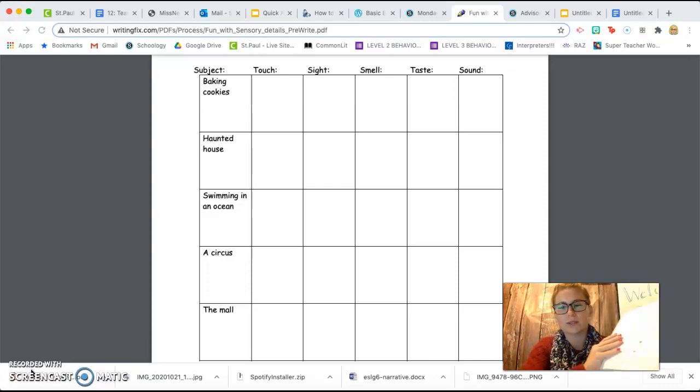When you write your personal narrative, you will have sensory details. But before you can write your own story, we're going to do some practice with sensory details, and we're going to write a practice paragraph together using some of the subjects here on this worksheet. So while we are talking today, I want you to make sure you are writing down the ideas that I mentioned. The 5 subjects on your worksheet today are going to be baking cookies, like maybe chocolate chip or peanut